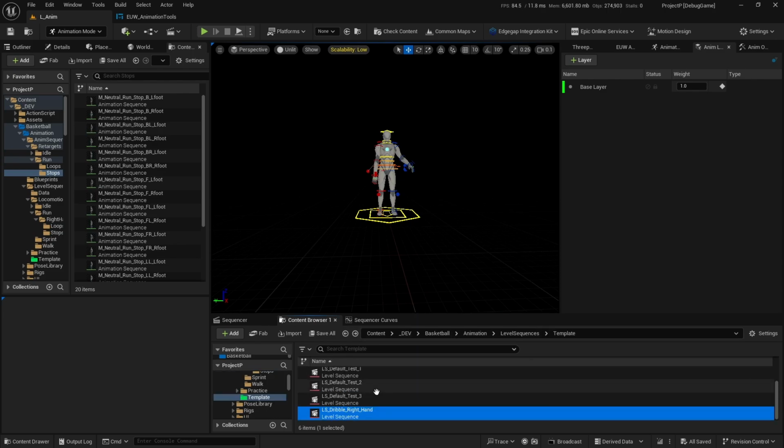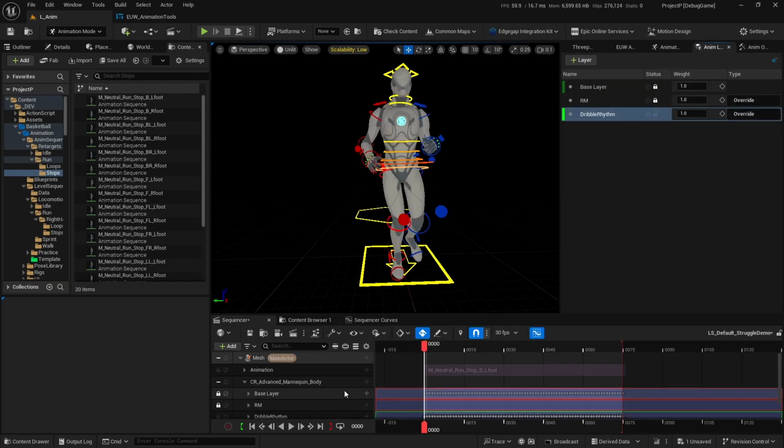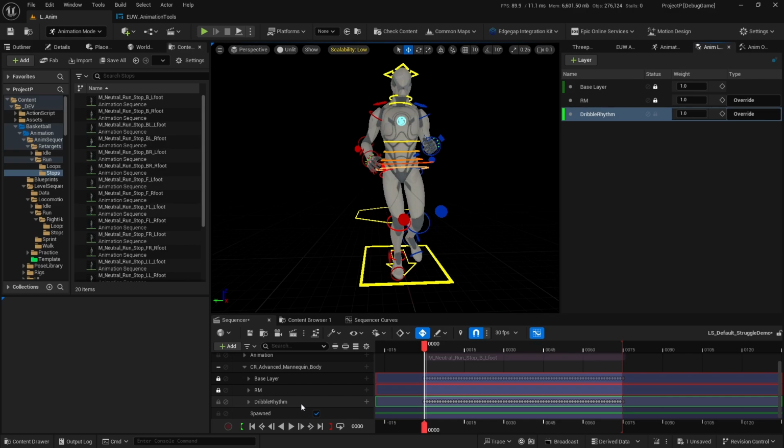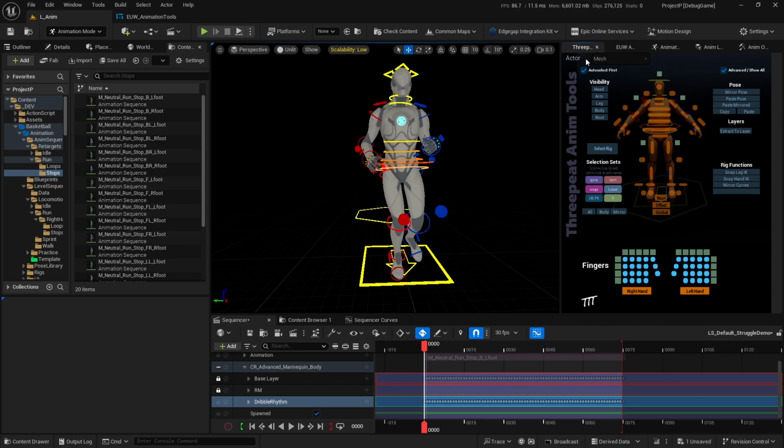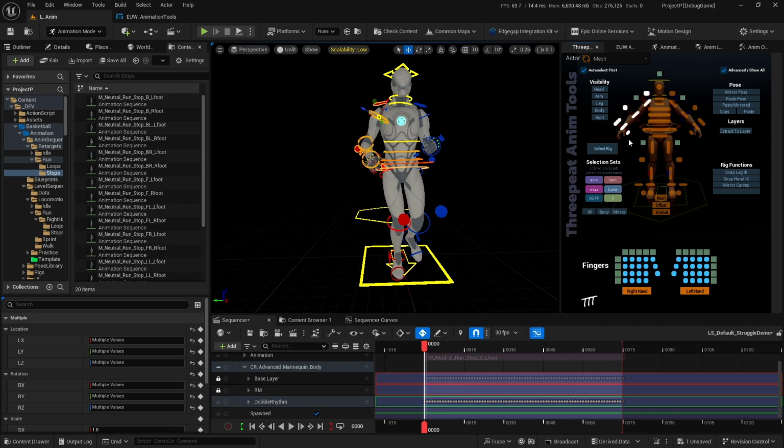And what animation was that? That was a struggle demo. So what we want to do is select the controls that we want to paste this data to, which is the right arm. So I come over here to my 3P tools, just refresh it, grab the right arm, and then